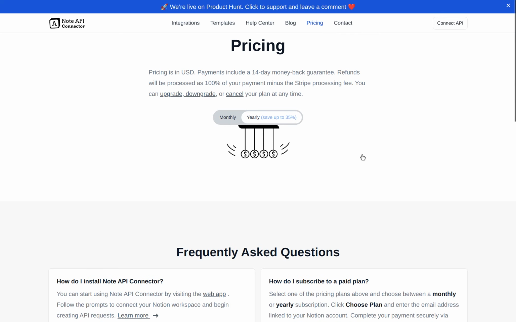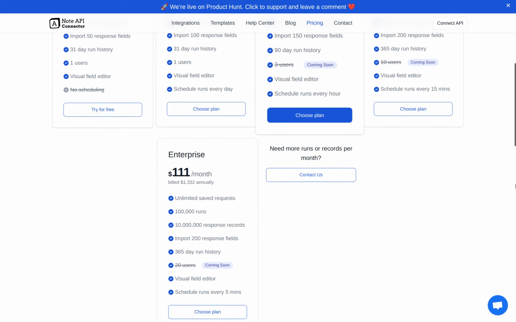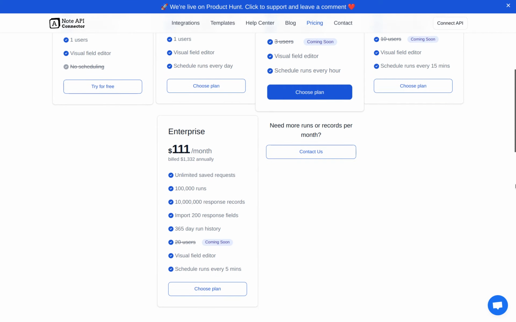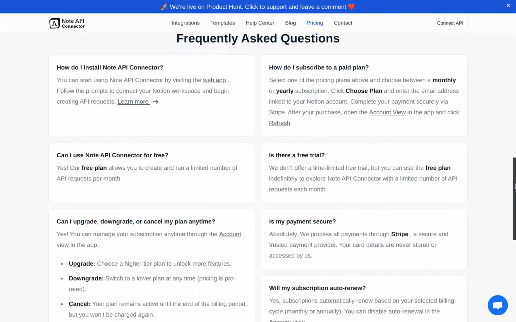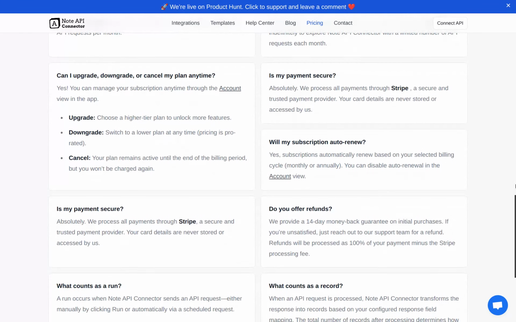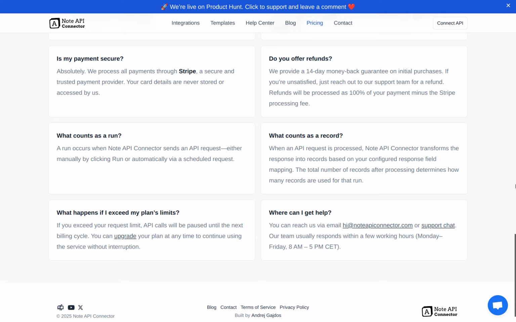If we take a look at the pricing, we can see that you can get started for free, but then it scales up to $111 per month for enterprise customers. So I think there's definitely a lot of use cases for this tool and can help to automate a lot of